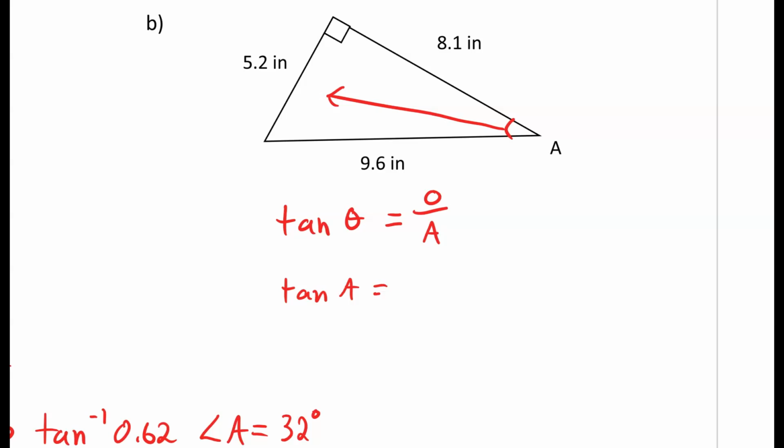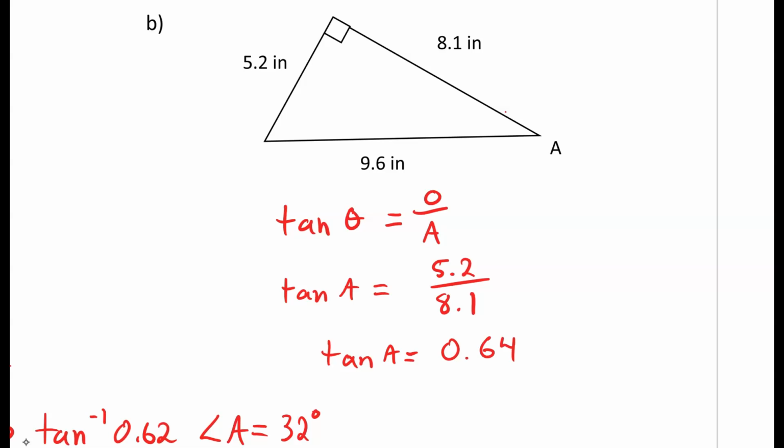So tan A is equal to 5.2 over, we want our adjacent, which is going to be our other leg, which is right here. Remember, we're not using our hypotenuse, which is always our longest side, and it's across from our 90 degrees there. So we want to use 8.1 on the bottom. So we do 5.2 divided by 8.1, and we'll get tan A equal to